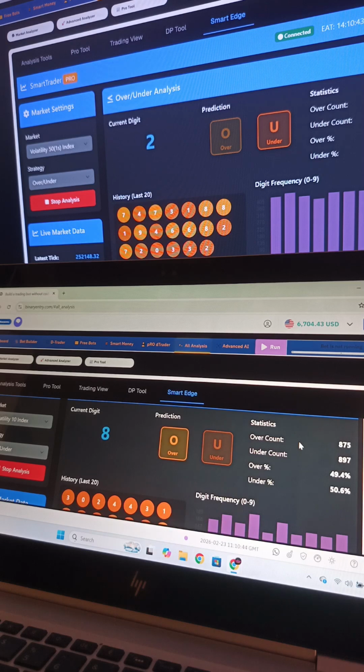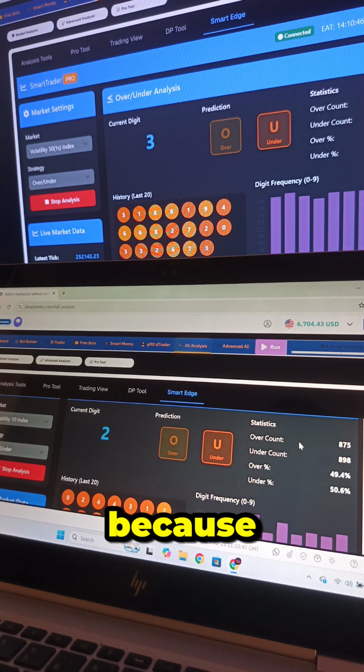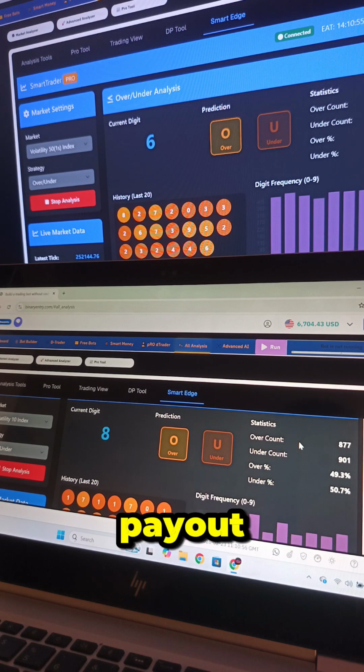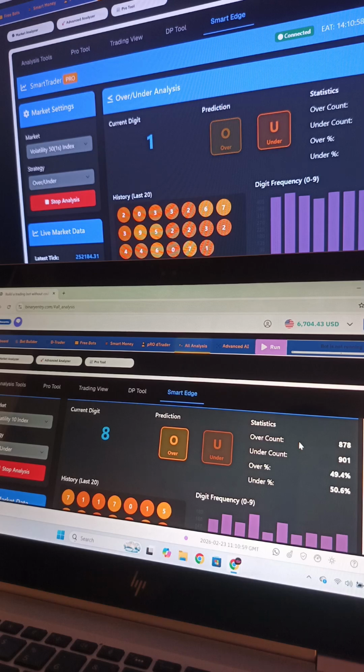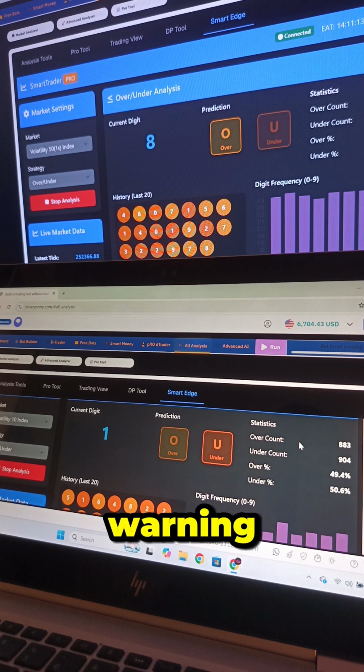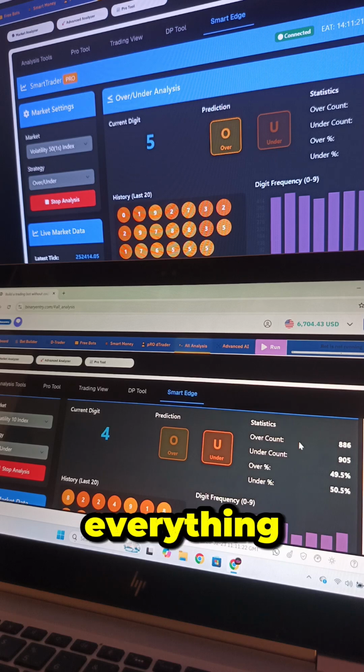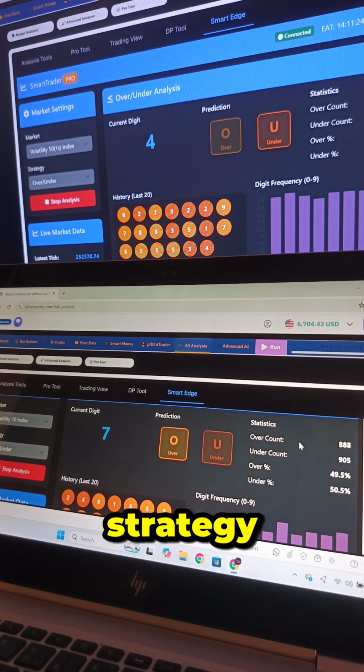in markets like over 2 or over 3, because if this market hits you with a loss, you'll probably have a long way to recover that loss, since the payout is very low. So you have to be very careful while trading in markets like over 1, 2, or 3. The same way you have to be very careful trading the over digits also, the high risk markets. So that's what we call the risk check and the risk warning, or the risk management. So let me summarize everything,